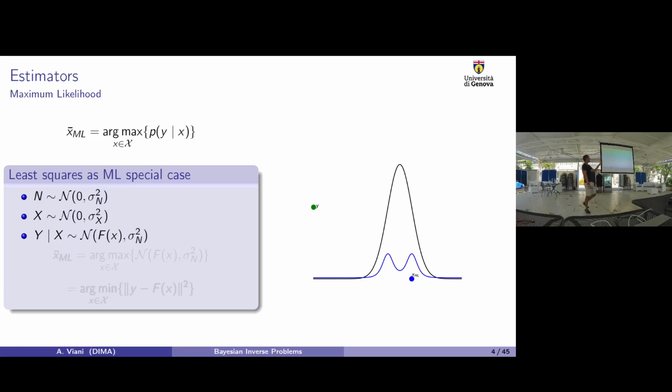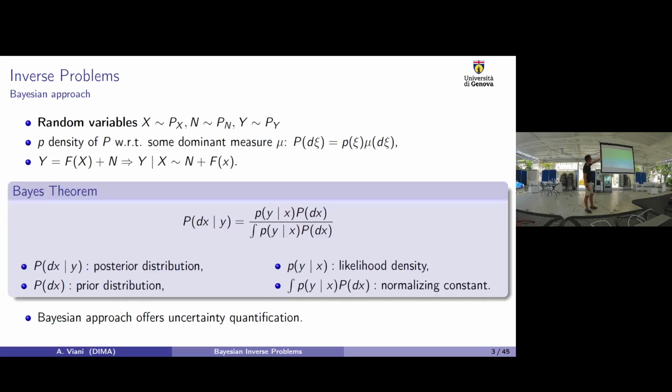And in the case of a Gaussian prior for the x, the maximum likelihood turns out to be the least square solution. Why? Because in the case of an additive noise, I maybe forgot to say that,